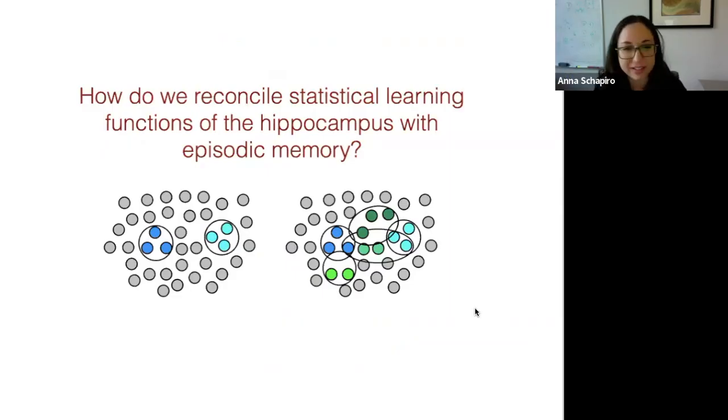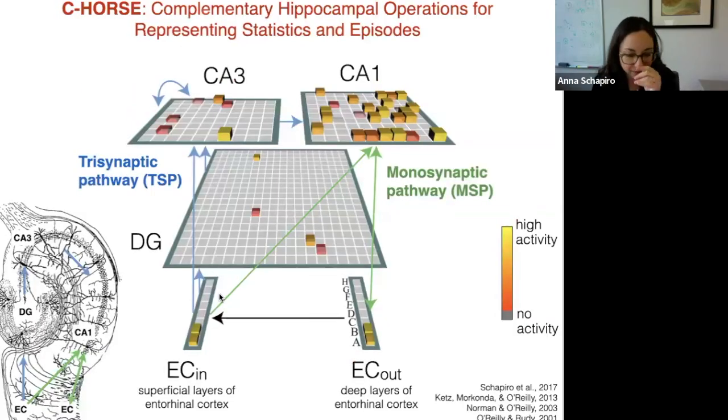But then we had to figure out how to reconcile those observations with the long and very robust literature on the role of the hippocampus in pattern separation and keeping different episodes separate to avoid interference. So how do we think about those two different kinds of representations as living in the same area? And the way that we've been thinking about this is through use of this neural network model of the hippocampus that we call Seahorse, that implements some of the properties and connectivity of the different subfields of the hippocampus that we think might be important for explaining its function in these domains.